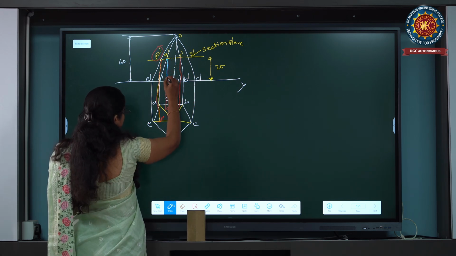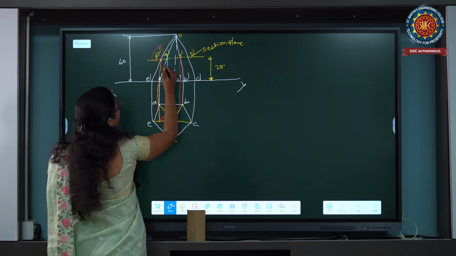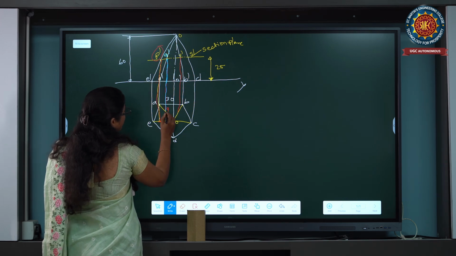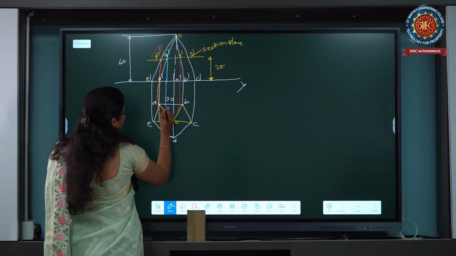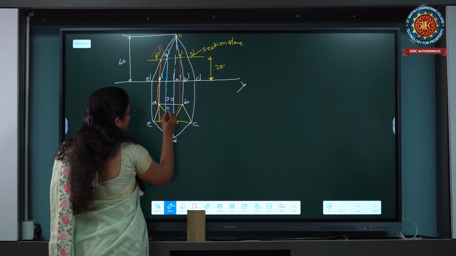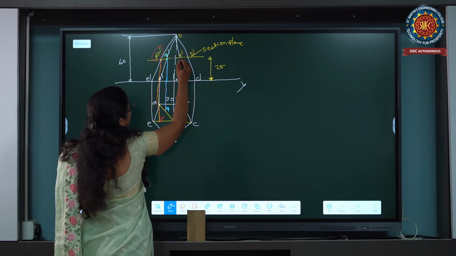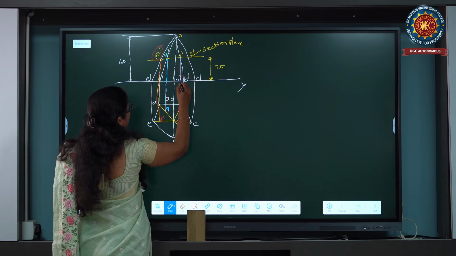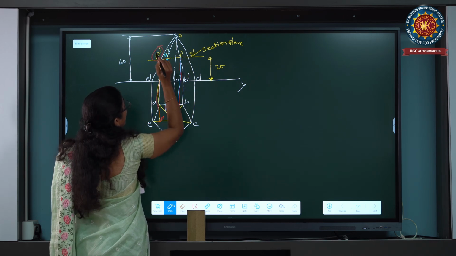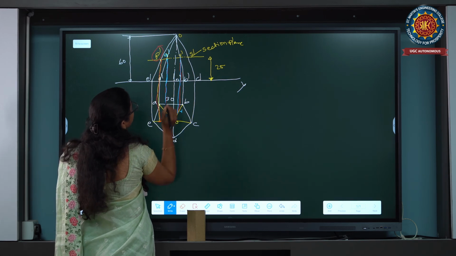From Q onwards, draw a perpendicular to the XY line, a line to meet the AO line, because this AO line is cut at point Q dash. So you need to write the Q point here. The top view is denoted by lowercase letters only, because of that this one is the q point. From R onwards, draw a line to meet the BO line, because this BO line is cut at point R. So you need to mark that point R.